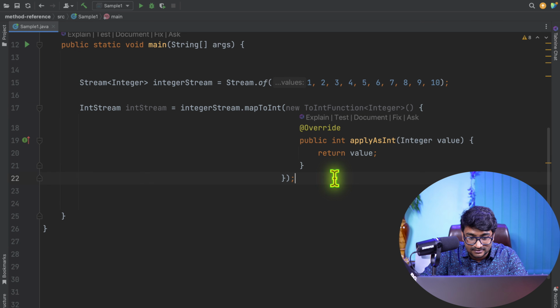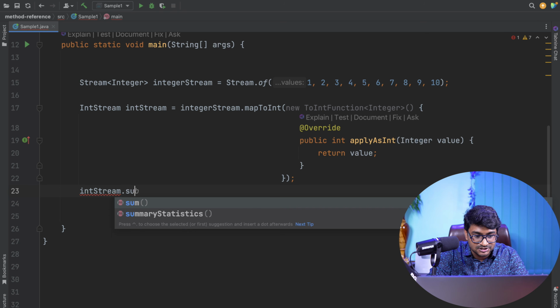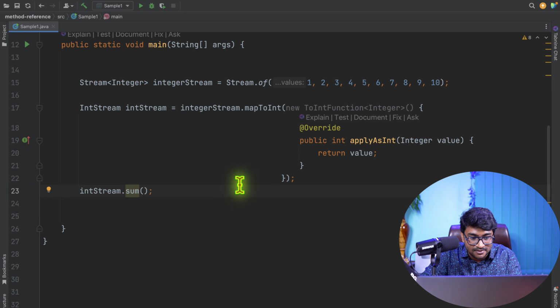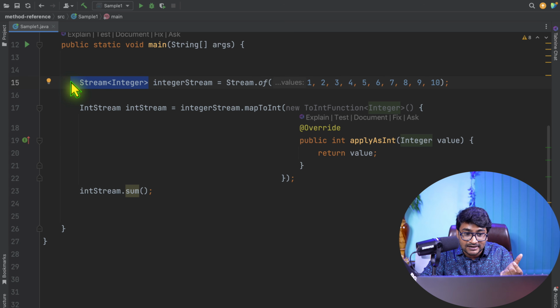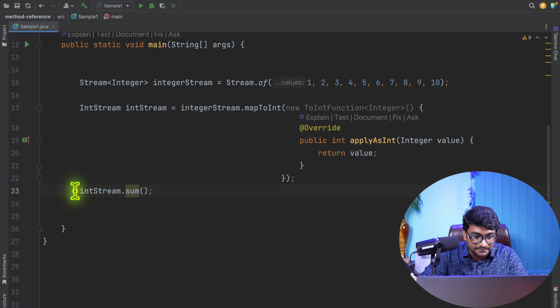So then you can actually do IntStream.sum. So sum I'm calling on top of what? IntStream. How did I get the IntStream? I call the mapToInt method on top of the stream of integer. So the stream of integer can be converted to IntStream by using the mapToInt function. We can unbox the integer to int type. Then you can do the sum,